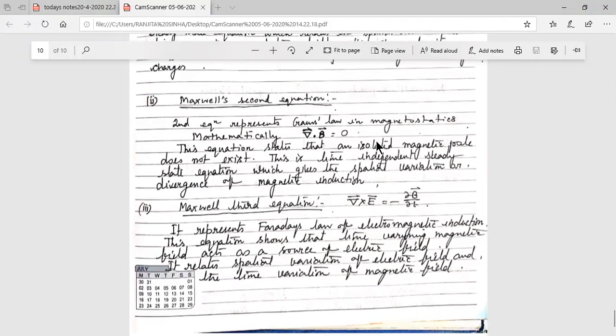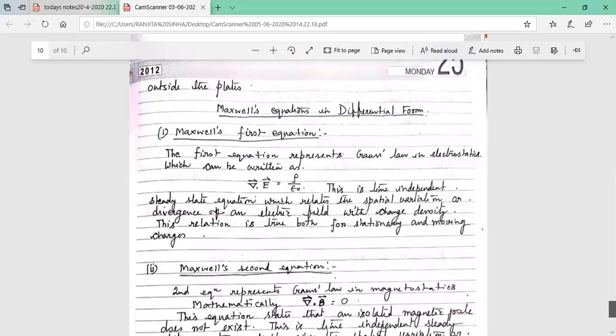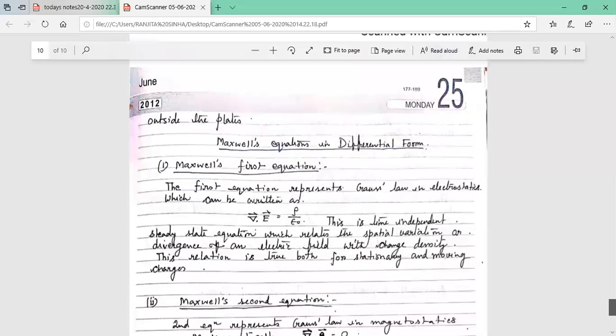Before coming to Maxwell's equations, you have to know these laws, and for that reason I'm discussing them. The fourth equation is not given here, the Maxwell fourth equation, and this is the modified Ampere's circuital law. We have to know these equations well before writing Maxwell's equations in differential and integral form. So today we have discussed Faraday's law of electromagnetic induction.